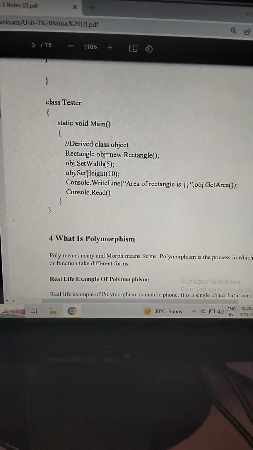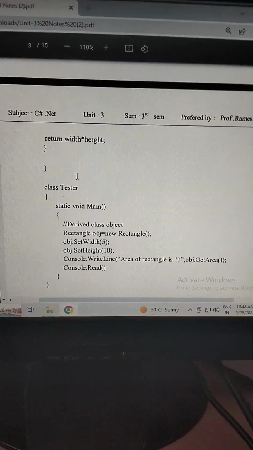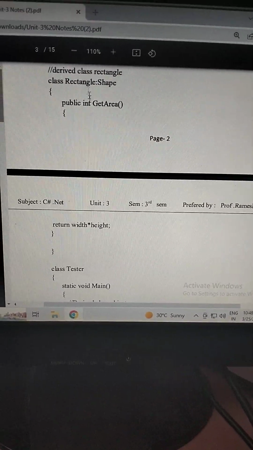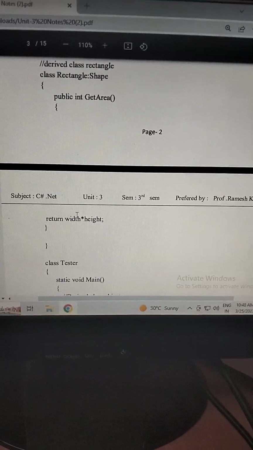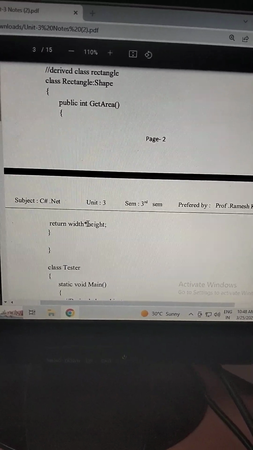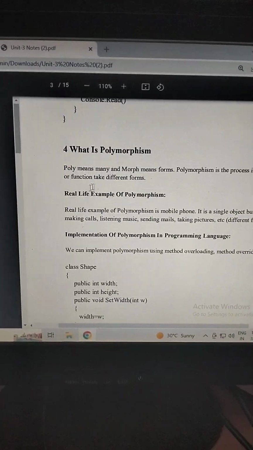Finally, for the result you call obj.getArea. getArea is present in the child class, so you call it. It contains width into height. This is the final result and it will be displayed. So this is one of the pillars, and next one is